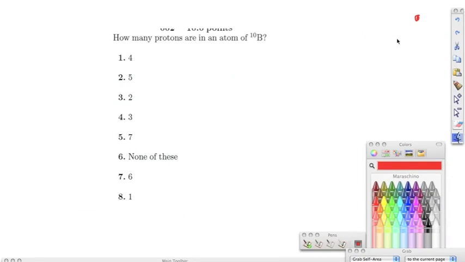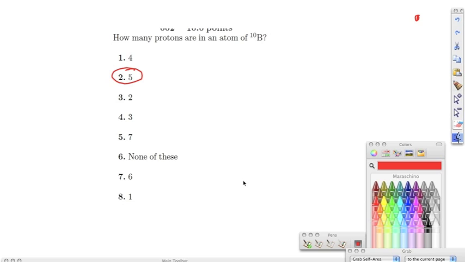Got a couple problems for you off of your number 9 homework CBA review. Starting on this one, it's number 2. It says how many protons are in an atom of boron, and it's 10. Remember, whenever we're looking at protons, protons are always the atomic number. So when we look on the periodic table, it's the number above the symbol, and boron has a 5 above it, so we know that it has 5 protons, because the atomic number always equals the